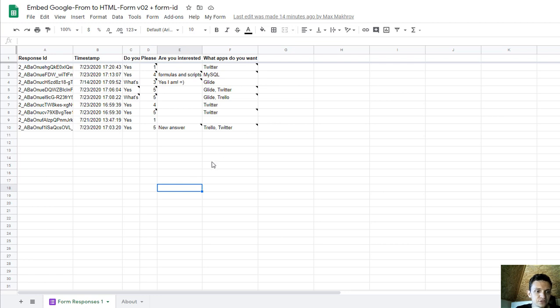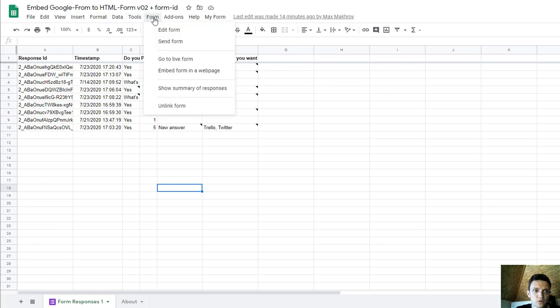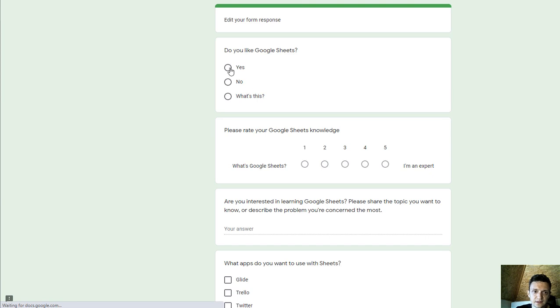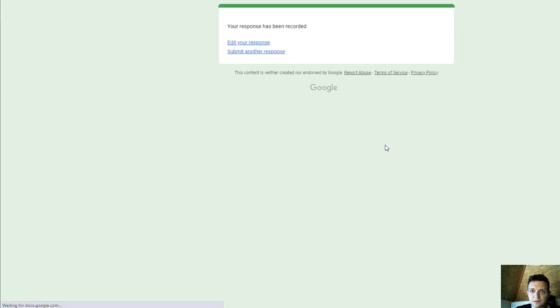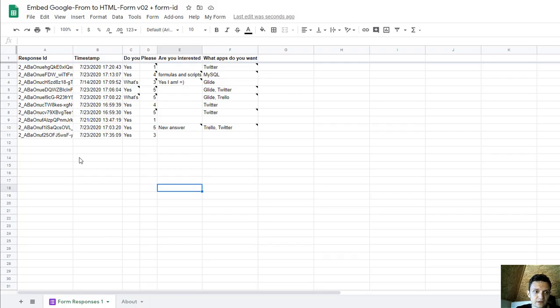Okay, this is my Google Sheets with the form, and I can fill this form in a usual way. Go to menu form, go to leave form, add some answers here, and click submit. Okay, now I have this new response, but I've also added a functionality here that my trigger on form submit